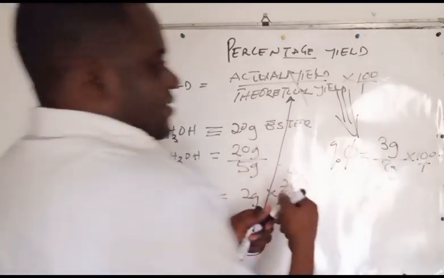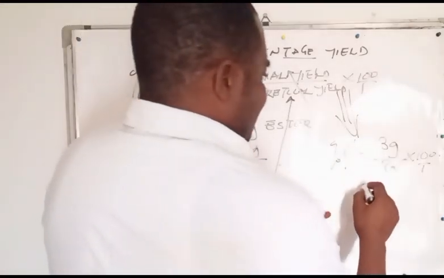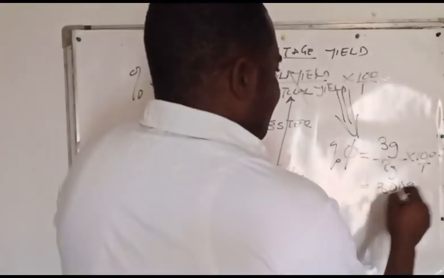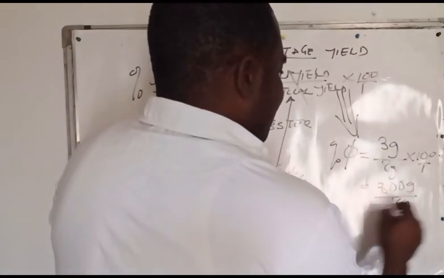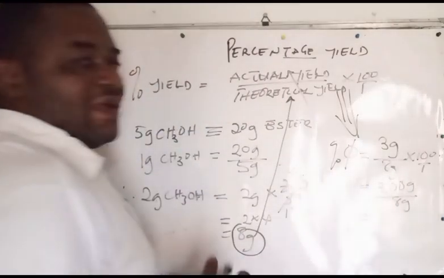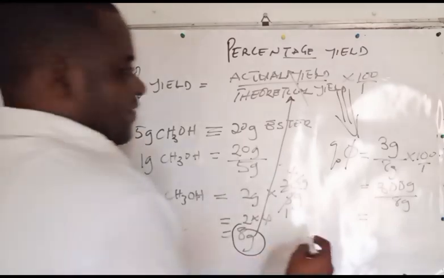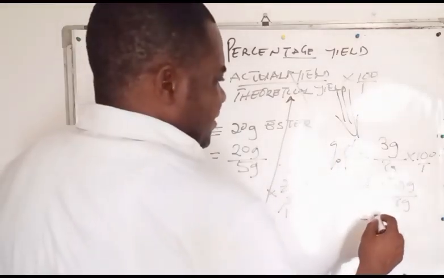So we can simply say 3 times 100 gives us 300 all over 8, and when you divide 300 by 8, what you will have is